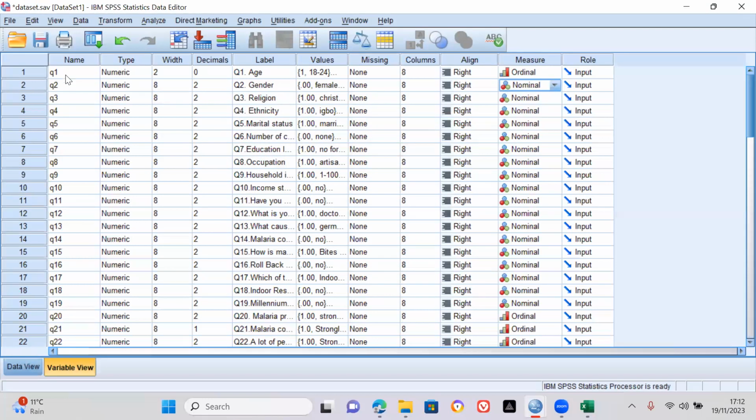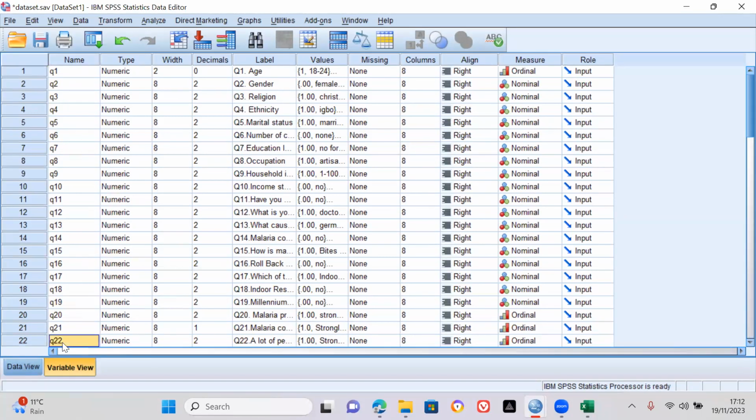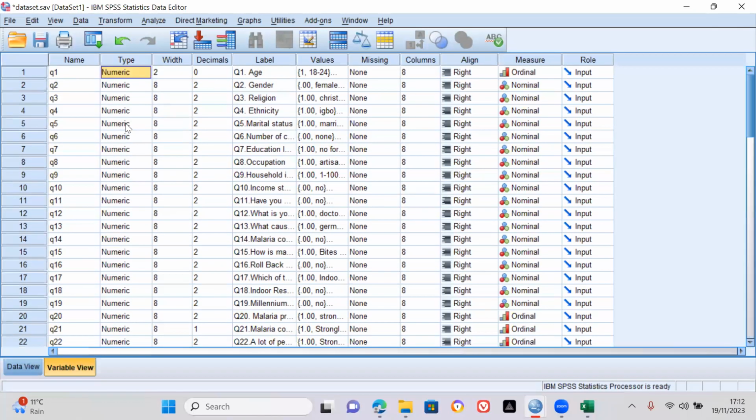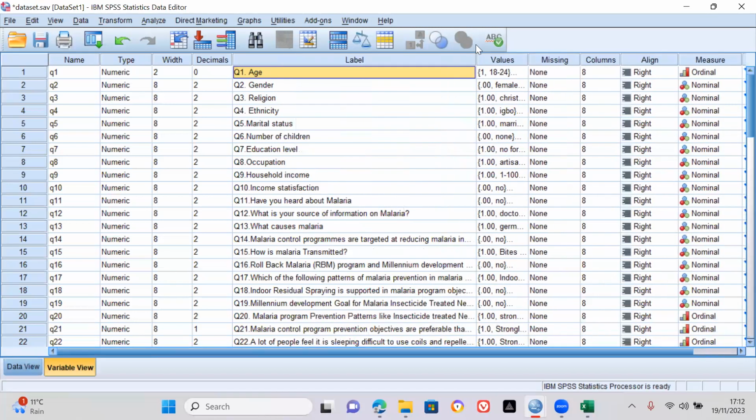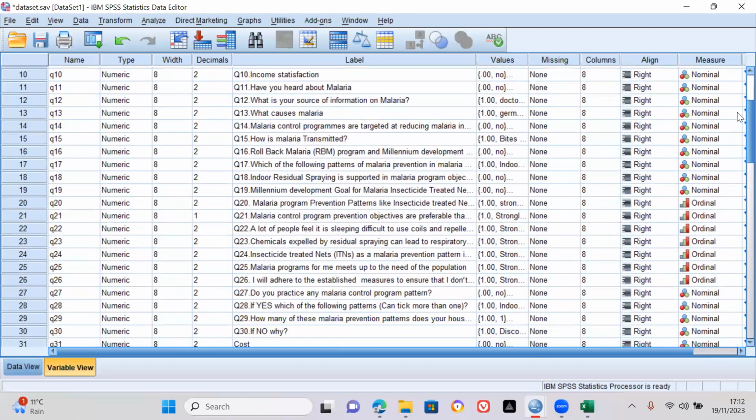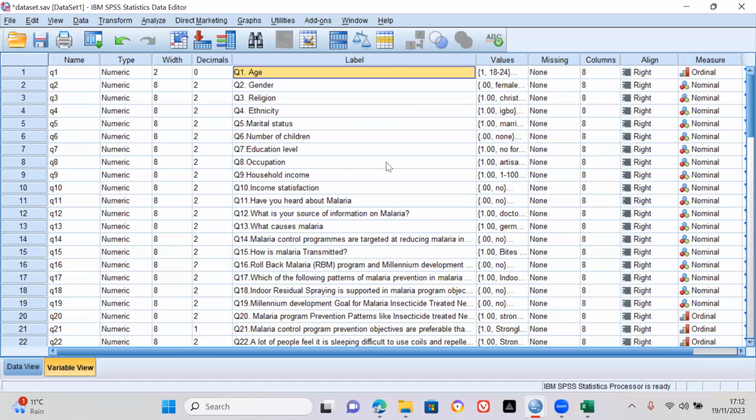So we gave the rules for entering data here. To keep things simple, I just enter question 1, question 2, up to the last question, and that's for the ID, okay? Then we said that under the label, you copy in the questions. So if I expand this now, you see that these are the questions, question 1, 2, up to the last question, 41. So you put all the questions inside the label. You can use Excel, then copy and paste it inside here. All right,